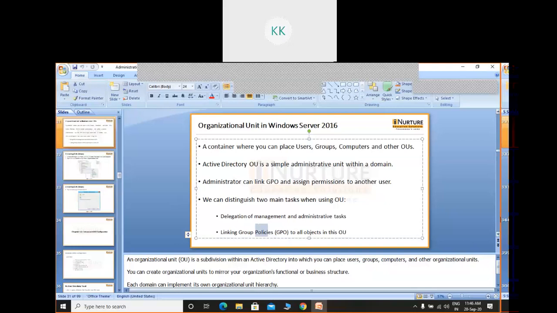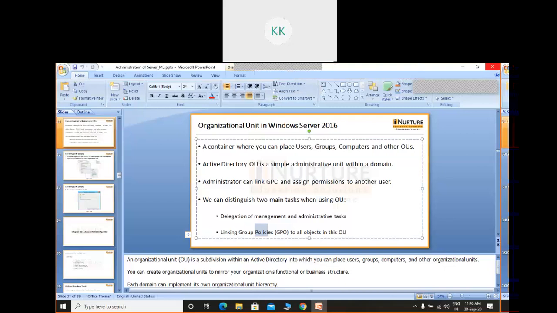Now the place inside the computer where all these policies reside is called the group policy object. That means suppose GPO1 consists of all these 4 sets of rules or policies.